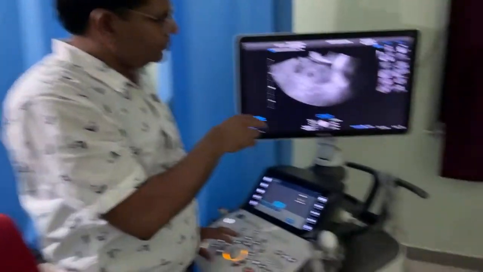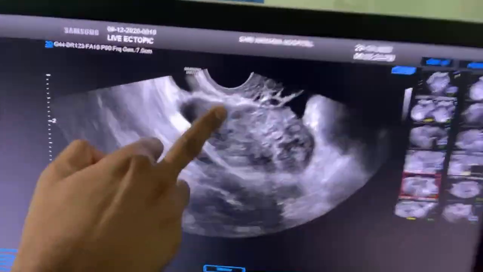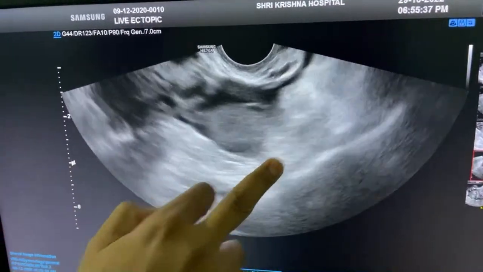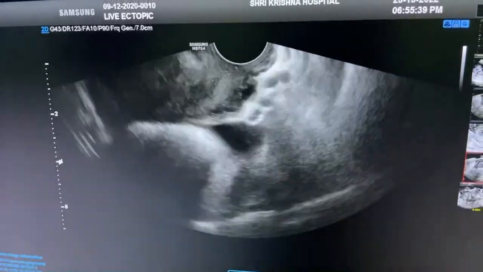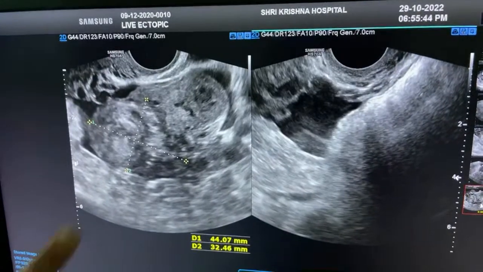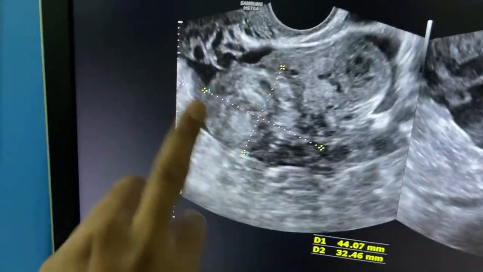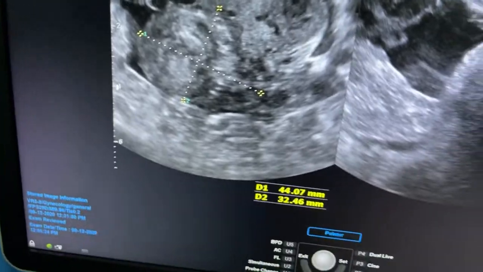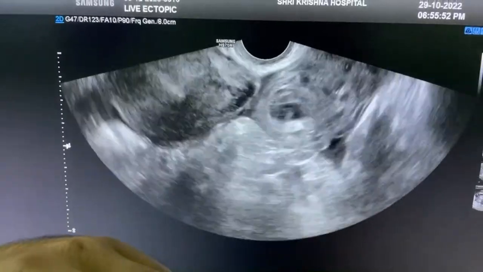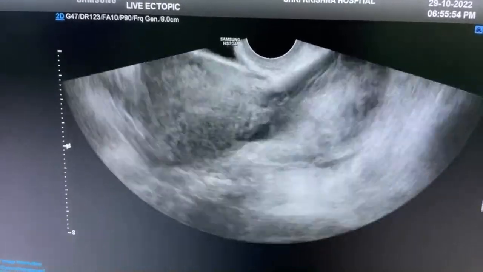I am trying to separate this tubal ectopic mass from the ovary by sliding my probe. So again, this is the same picture: this is the tubal ectopic mass and this is the ovary. So this is how you should apply it.